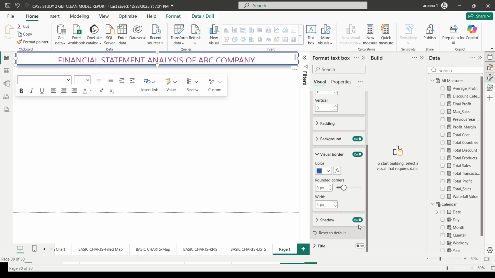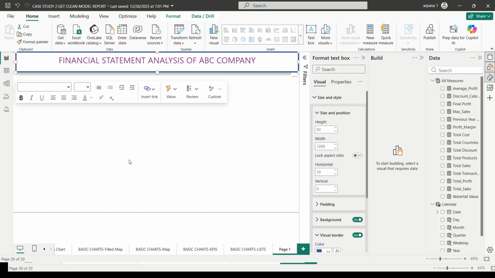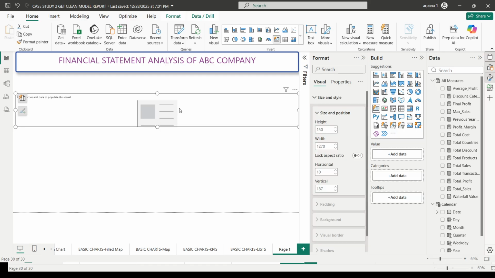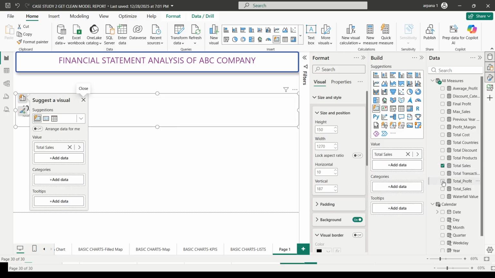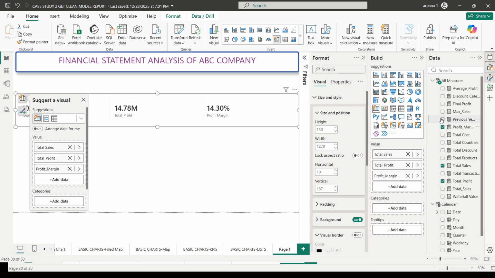Let's say you want to make a shadow also on. So this is how you have created a title, and below this you want to show all the KPIs. So select a card, and in this you can keep on adding whatever KPIs you want to show. Let's say first of all I want to show the total sales, then I want to show total profit, then let's say profit margin,